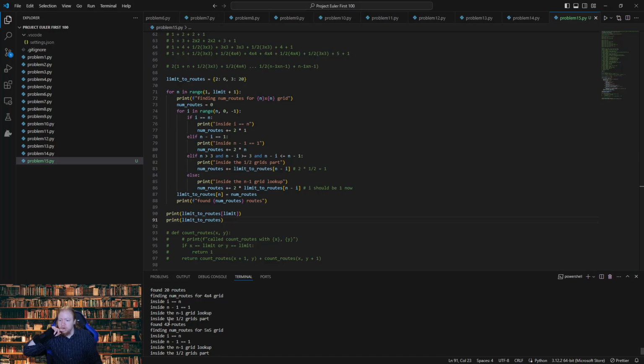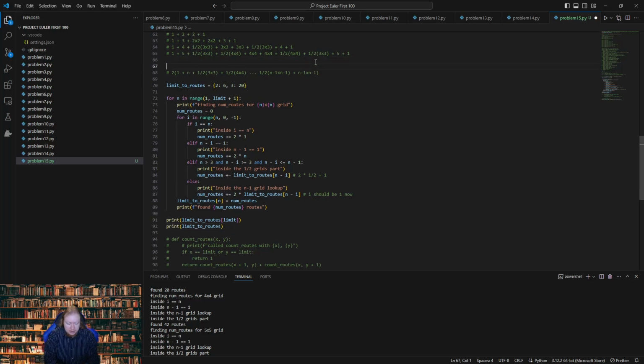And we found 42. So let's do the math here. So for 4, the correct answer, and we did really look at the formula for 4, and we're pretty certain that we have the formula correct. We just haven't added those numbers. So it's really 2 times 1 plus 4 plus, and this is kind of, I think, just a coincidence for this case,